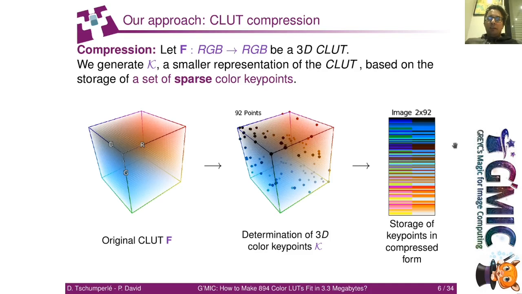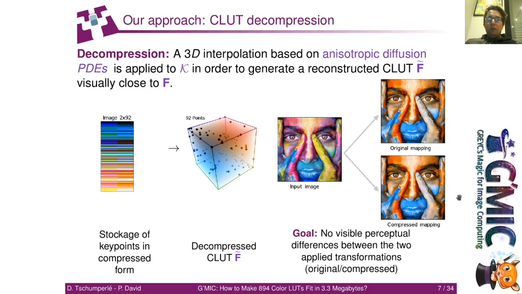Hopefully, this set of sparse key points should contain much fewer elements than all the mapped colors contained in the original CLUT. Then, this set of key points, now representing a new color image like the one on the right, could also be compressed with a lossless compression technique, such as the one used in PNG, and finally take up very little space. So, clearly, the whole CLUT compression procedure requires two important steps.